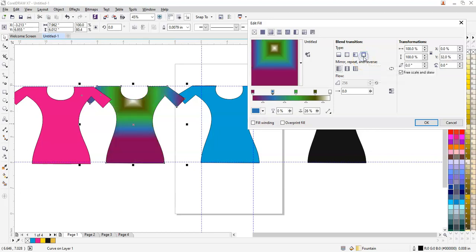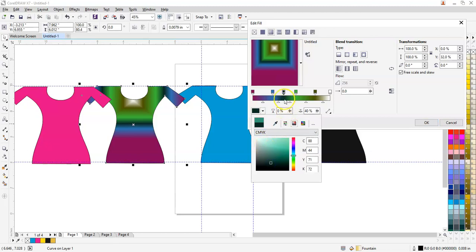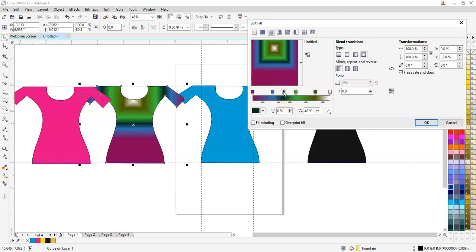Then I have a rectangular fill. How you want the rectangular fill? You want to add up more colors. As I said, you can just double click here and add up more colors, whatever colors you want. Now in this particular shade, what you want is to add a little more transparency in that color. So you see the color is getting transparent. You can see the transparency here also. Whichever color you want to add a little more transparency, you can add. If you don't want, you can just click here and reduce it and bring back the original color. Now this is the positioning as I said.